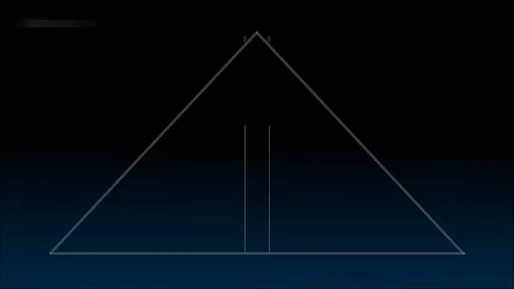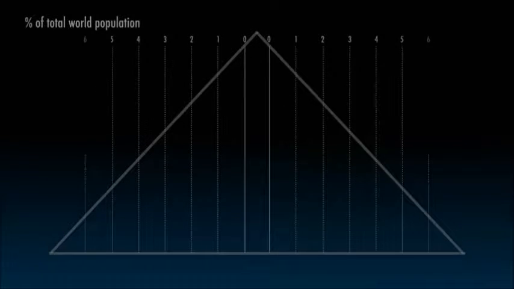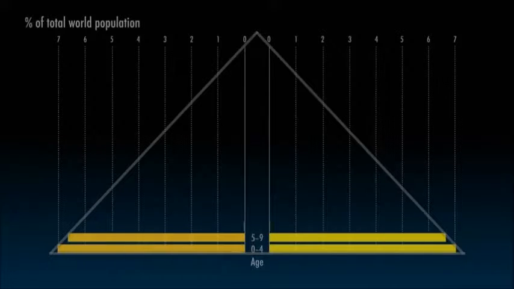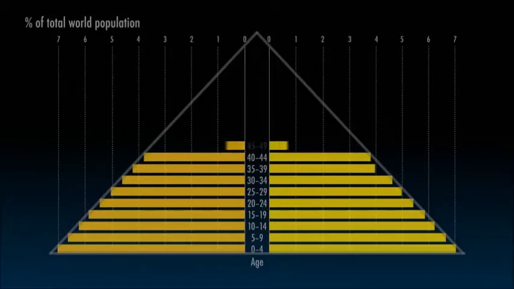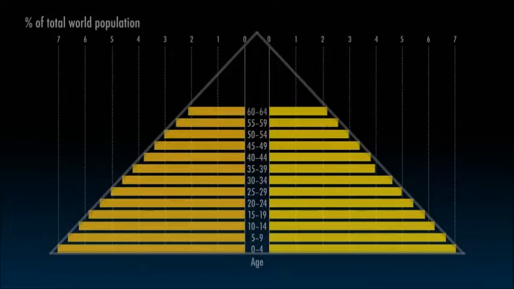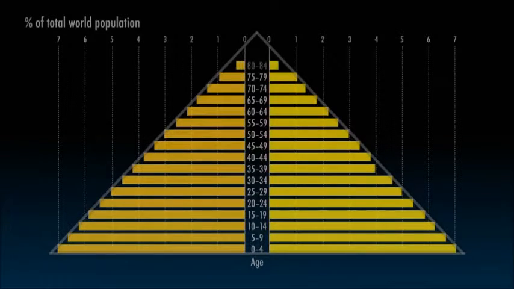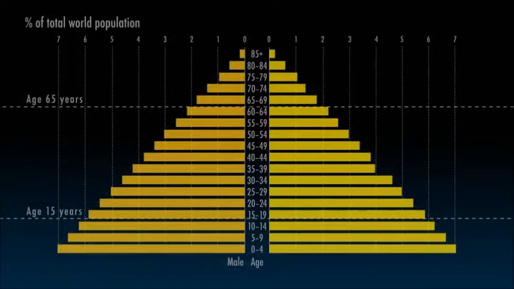The pyramid is a traditional way of visualizing and explaining the age structure of a society. If you draw a chart with each age group represented by a bar, and each bar ranged one above the other, youngest at the bottom, oldest at the top, and with the sexes separated, you get a simple shape.